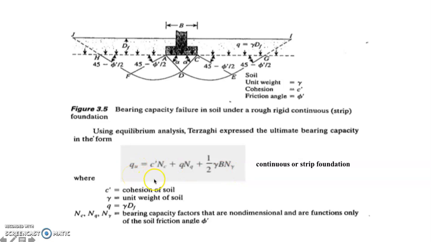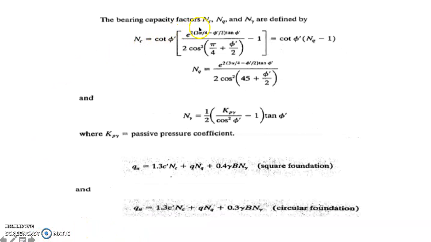Ultimate bearing capacity q sub u is equal to c prime N sub c plus q N sub q plus 1/2 gamma B N sub gamma, where c prime is the cohesion of soil, gamma is the unit weight of soil, q is gamma times D sub f, and N sub c, N sub q, N sub gamma are bearing capacity factors that are non-dimensional and function only of the soil friction angle. These bearing capacity factors can be defined using this equation. For square foundation, this is the formula for circular